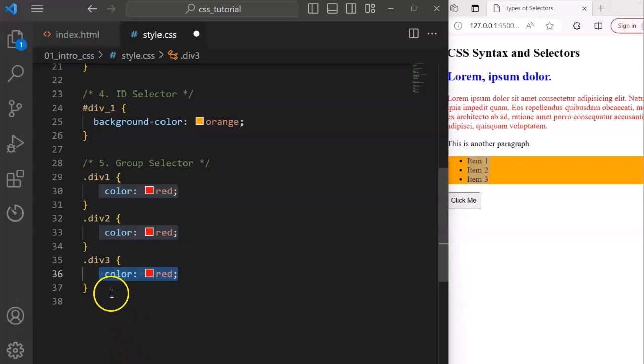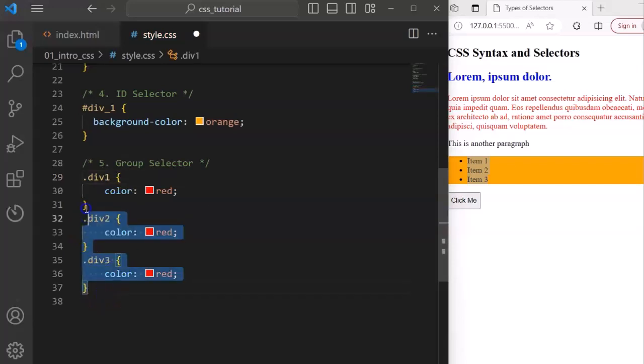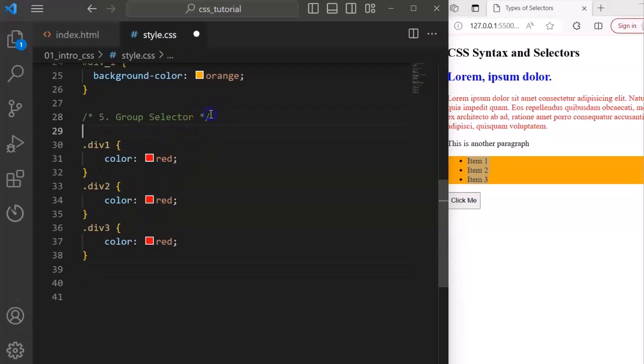To group them together, all you need to do is put a comma, then have another class of div. So this is the first method of doing it, where you are repeating yourself, color red for different classes. And this applies to selecting by ID, selecting by elements too. In this case, I'm just showing you with the name of the class. This method will work, but it's not professional. So the right way to do it using the group selector is: